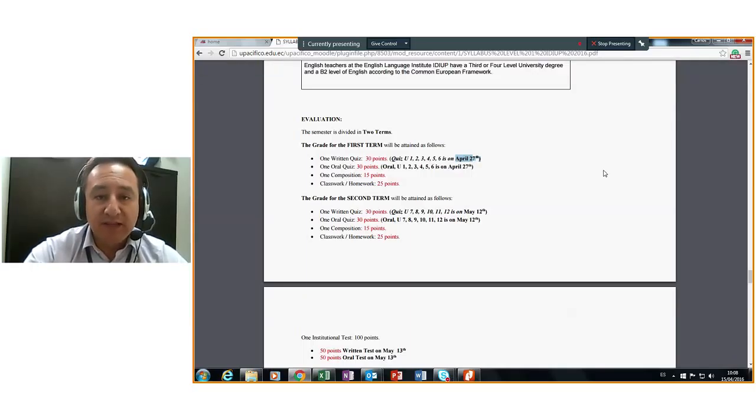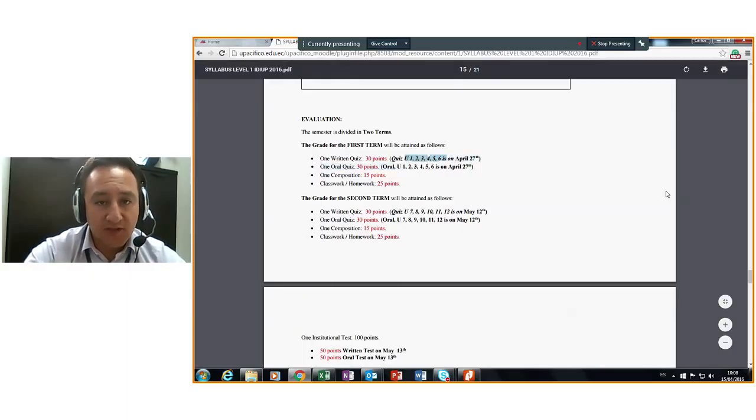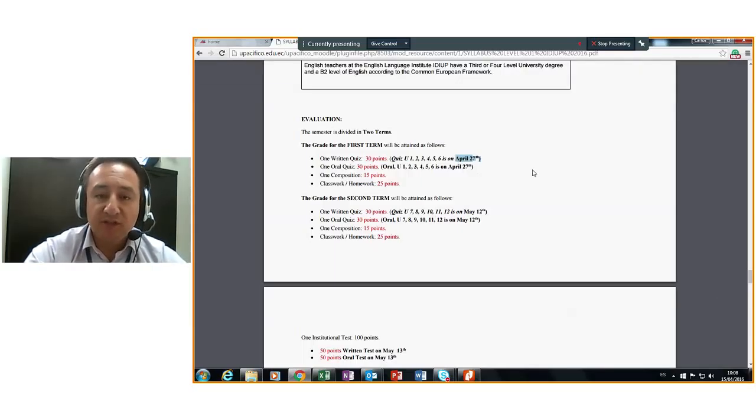This evaluation represents one of the grades of the course. One of the grades of the course is the completion of the units, and another grade is the evaluation on April 27th. What are the characteristics of the evaluation? The evaluation is going to be open from the morning to the evening or at night. So the whole day you can take the evaluation. The evaluation is going to last for 1 hour, no more.